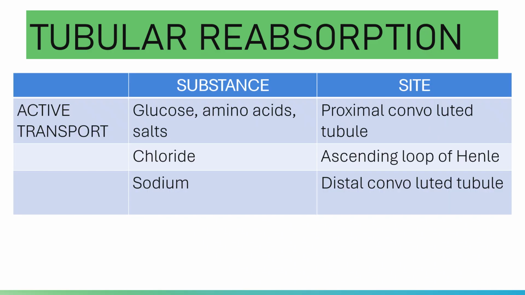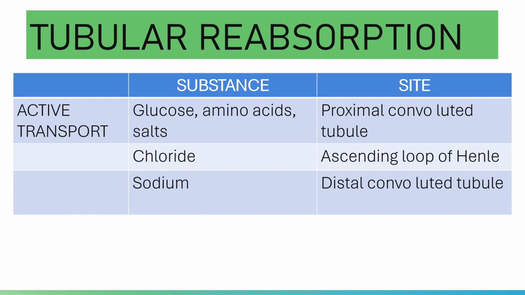Tubular reabsorption. Please note that the tubules function selectively to reabsorb essential substances like water, glucose, salts, amino acids, and proteins. They do not reabsorb creatinine and metabolic waste, meaning the body excretes creatinine and other metabolic waste. This is done to maintain homeostasis inside the body.